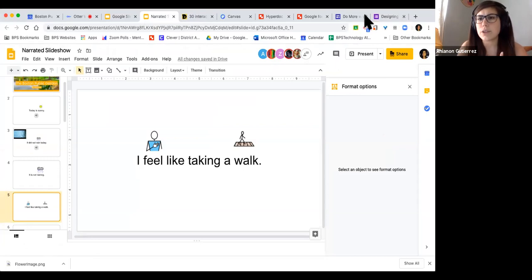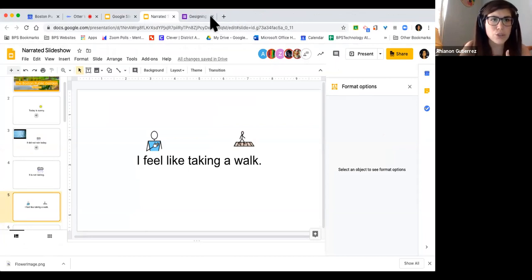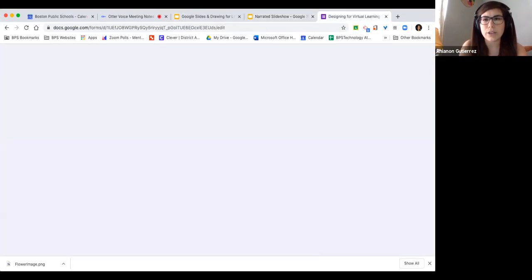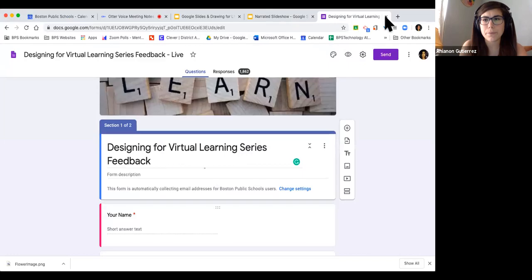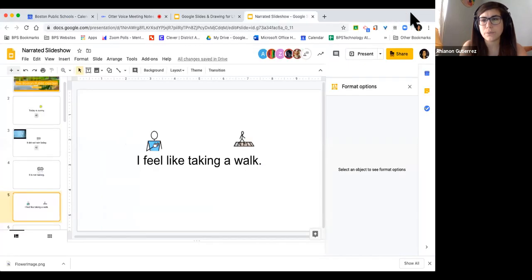All right, I have to close out a few things because one of the things that's super important, this is a tip you're seeing in real time, is you do not want all these windows open that you're not going to use in your screencast. It will slow it down. It will also be a lot of visual clutter. So the more you can simplify it, the better. With that being said, I think my screen looks ready. Let's close that one too. Okay.